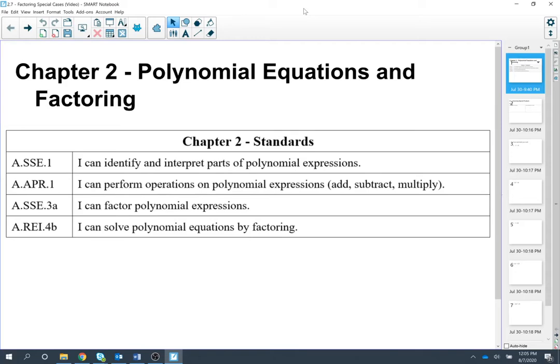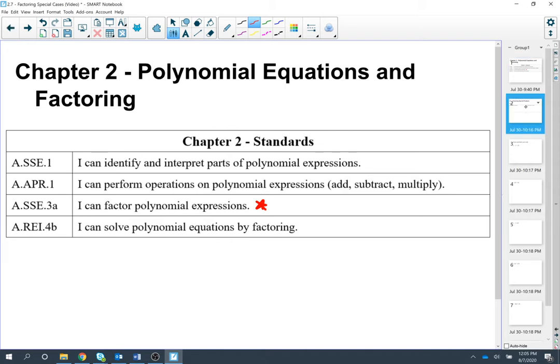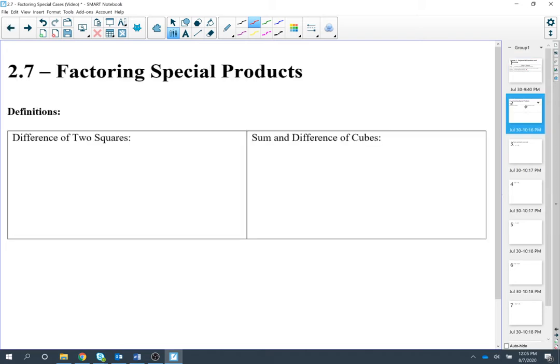Okay, everybody. Today we are moving on to section 2.7. In 2.7, we are still going to be looking at factoring polynomial expressions, but specifically, we're going to be factoring special products or special cases. There's two special cases we're going to cover. The first one is called the difference of two squares, and the second one is the sum and difference of cubes. Now, I don't have actual word definitions for these, so we're just going to look at an example so